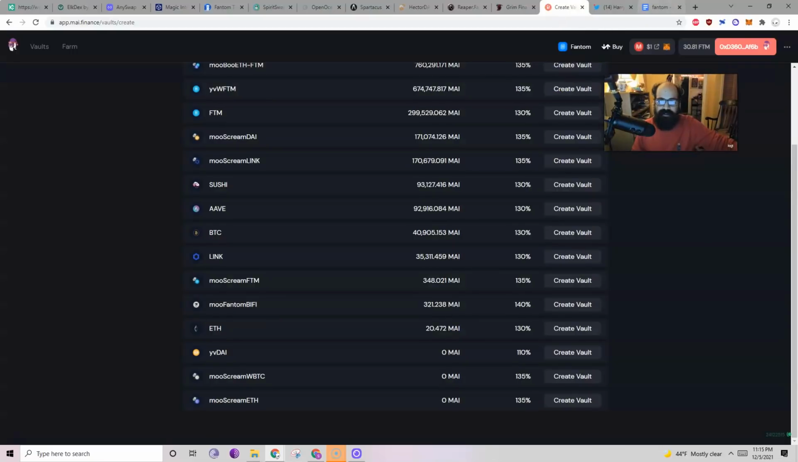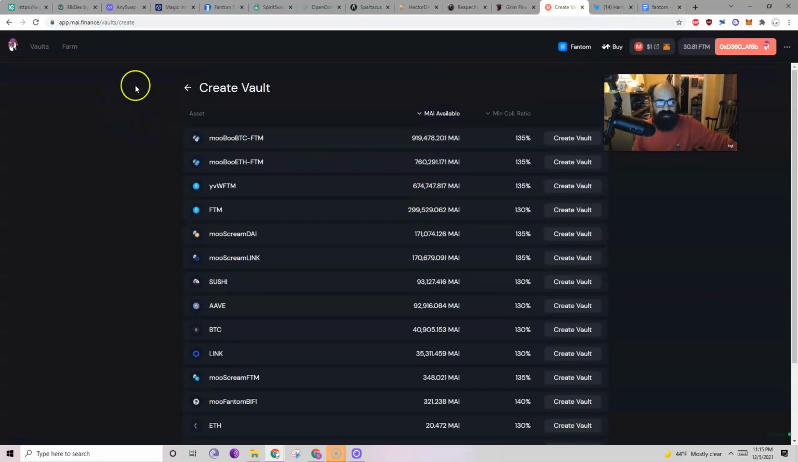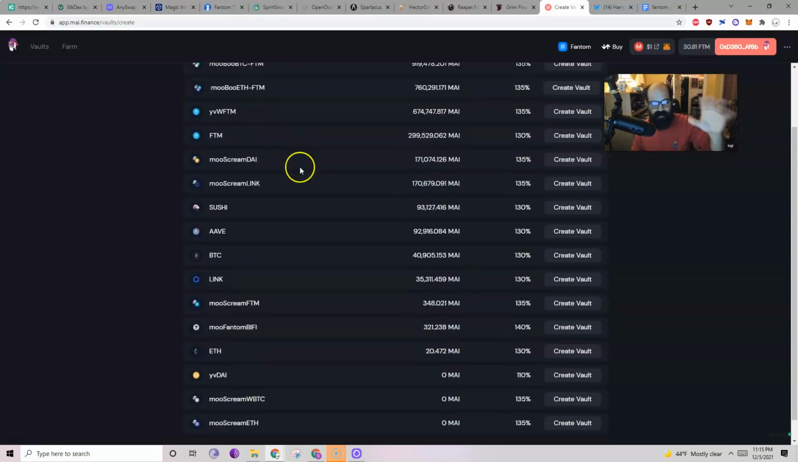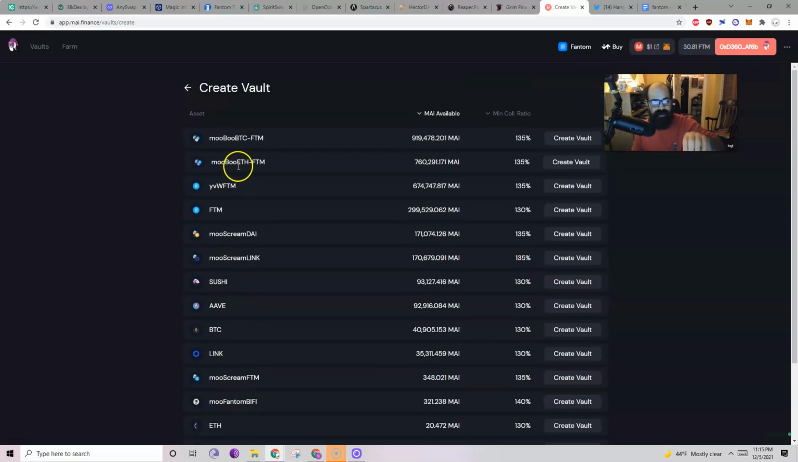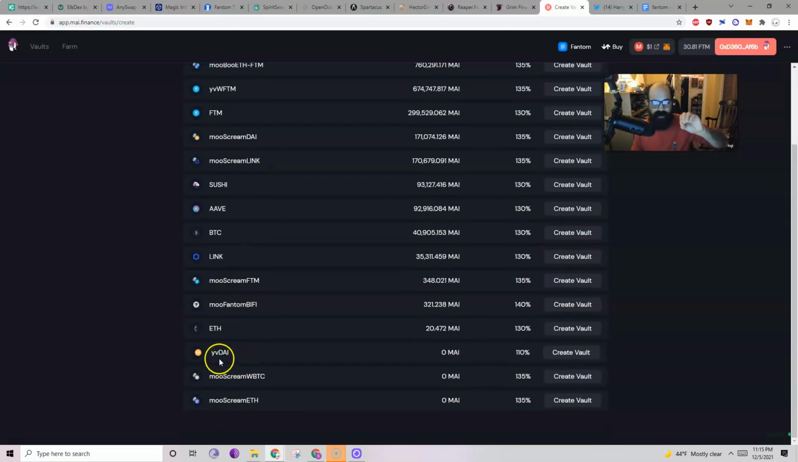All right, finally, last protocol we're looking at is My Finance. So this is very much like Abracadabra. They utilize collateral to print My tokens. So all the My tokens are backed by collateral. These are all the vaults that exist on the Fantom chain. The most interesting ones, in my opinion, are the ones like Moo Scream or Moo Boo or Urine Vault, because